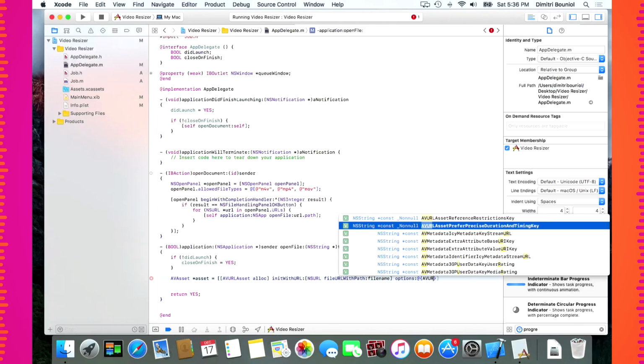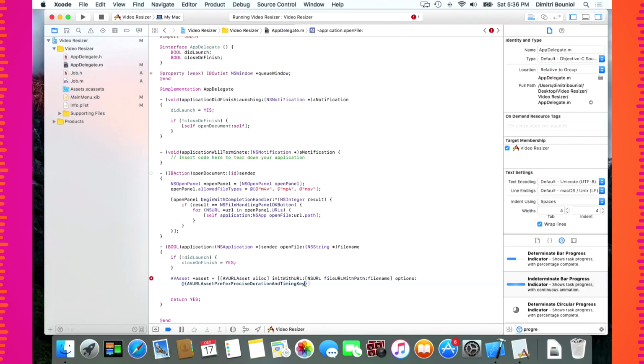So we are going to specify that we want precise timing, because we are going to be asking for individual frames directly, and it's good to just get that out of the way. Did I do too many? Just enough brackets? Yeah. Okay, so now we have our asset, and we can go ahead and make sure that